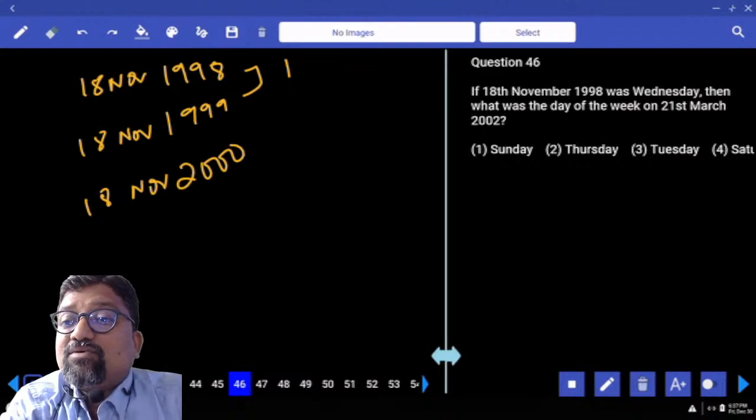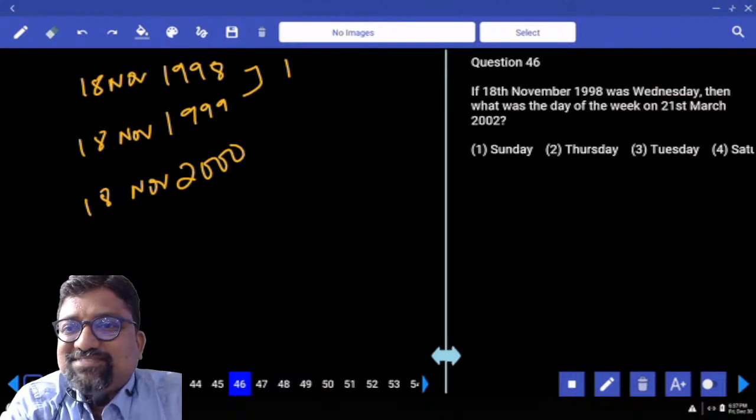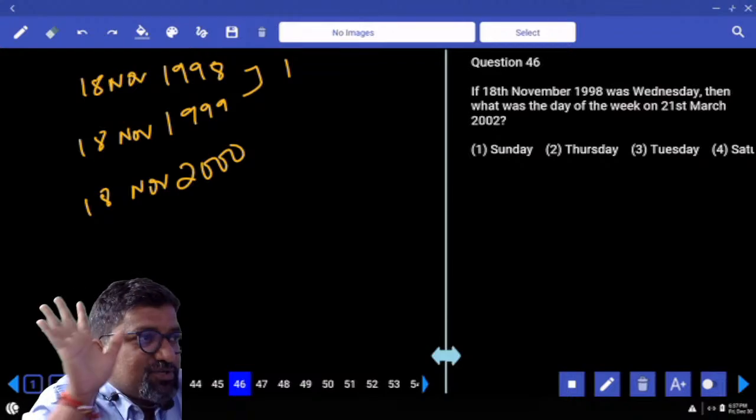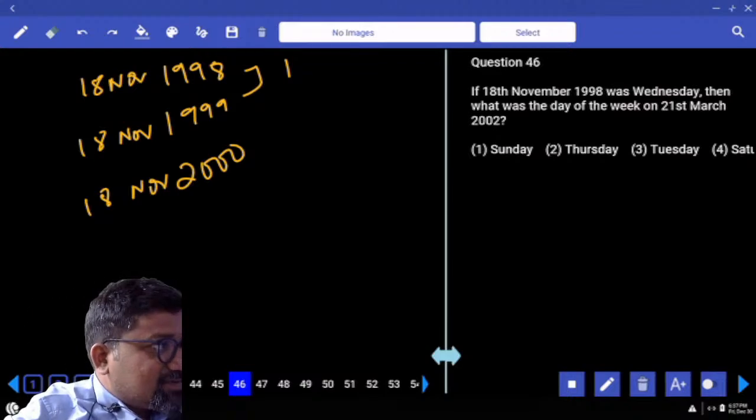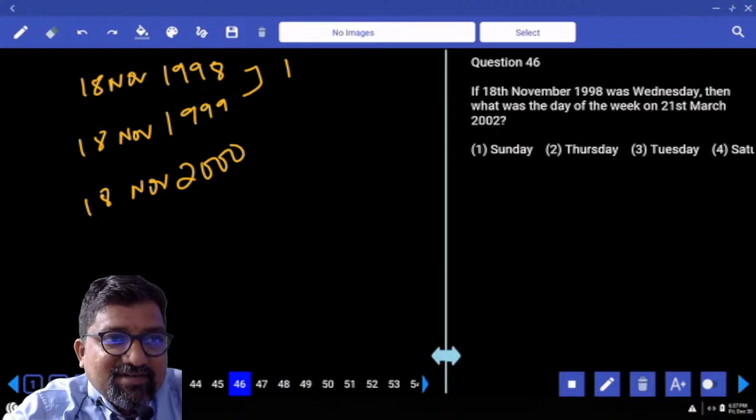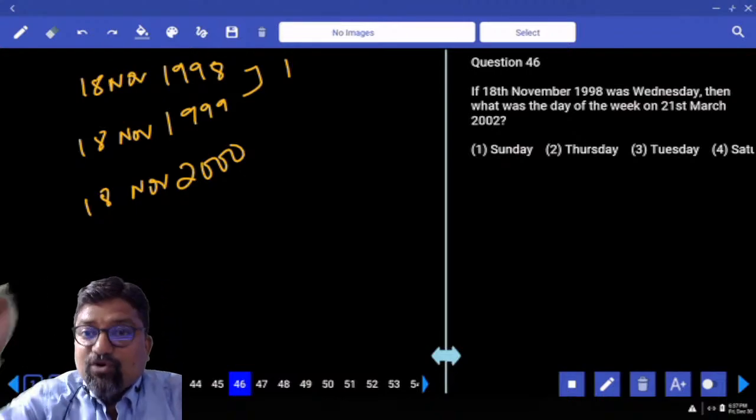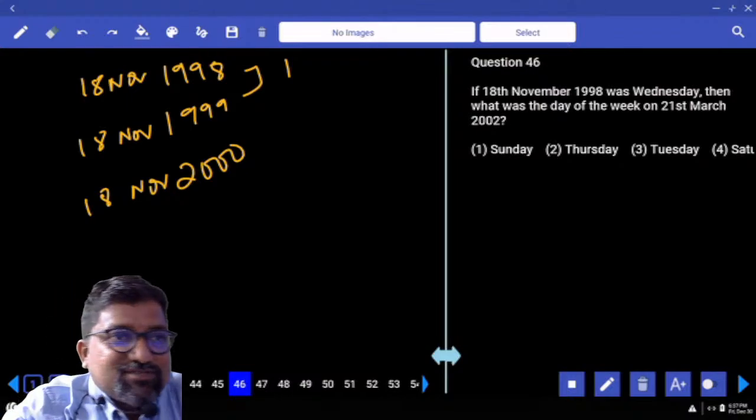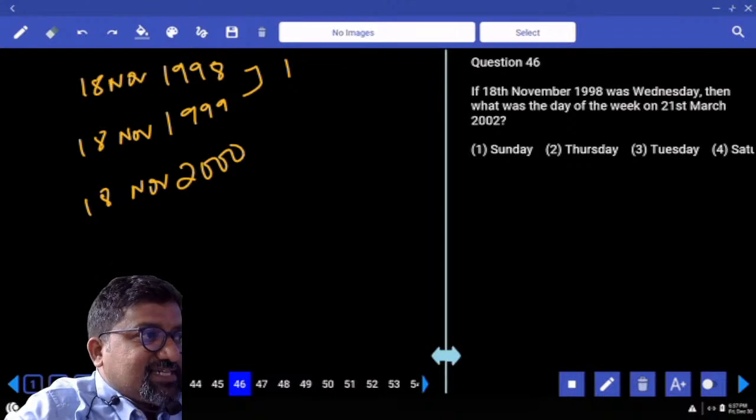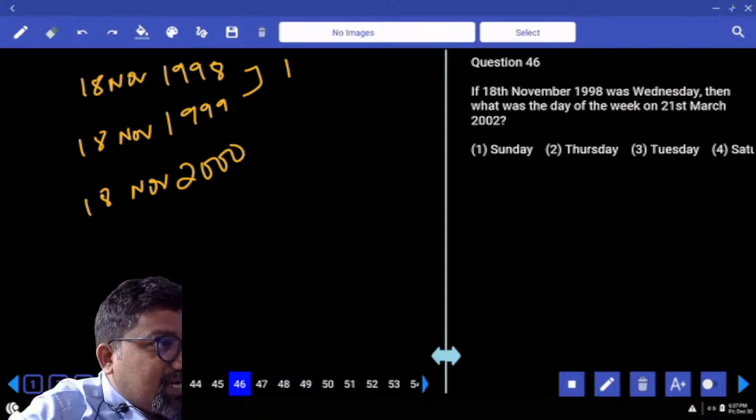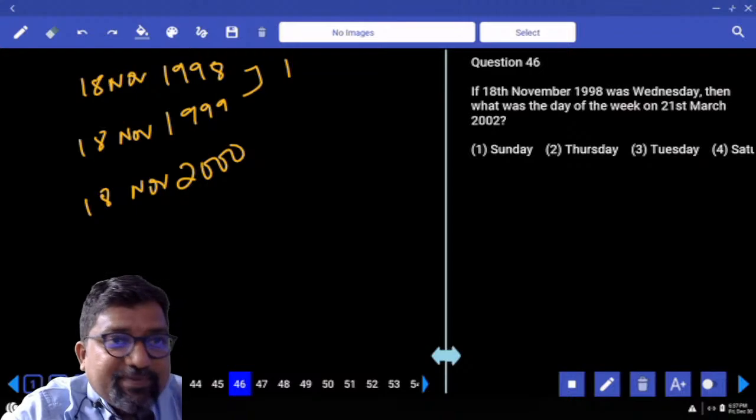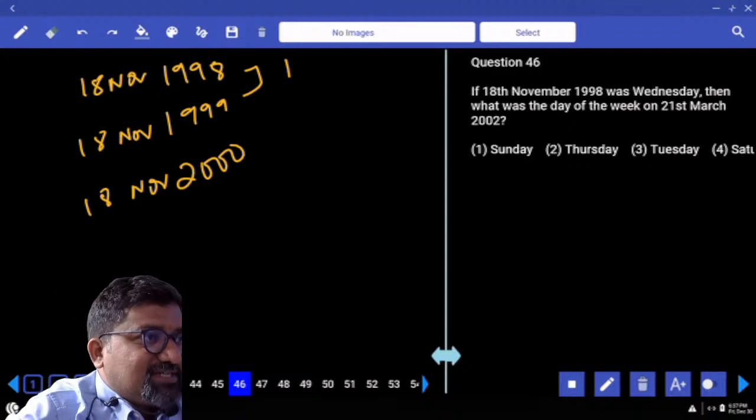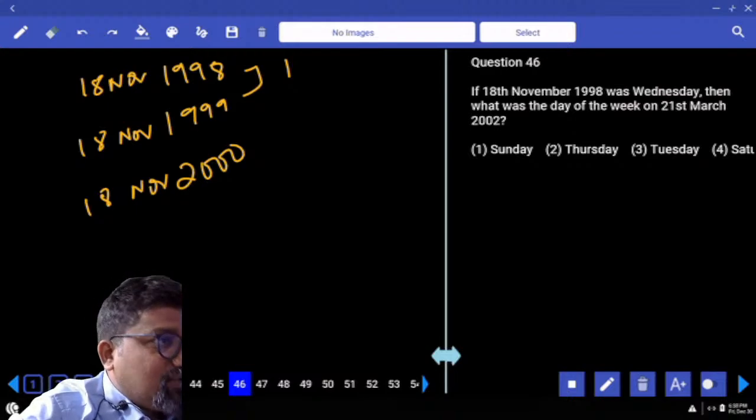Year 2000 is a leap year, yes or no? Why is it a leap year? 2000 is a century year, it should be divisible by 400. 2000 is a leap year because it is divisible by 400. All the century years which are divisible by 400 will be considered as leap years. Is this clear? And for non-century years, the rule is it should be divisible by